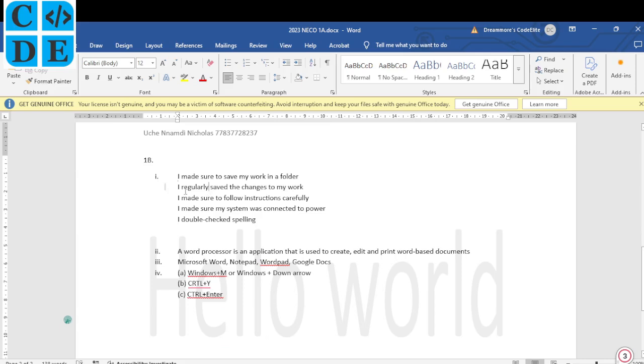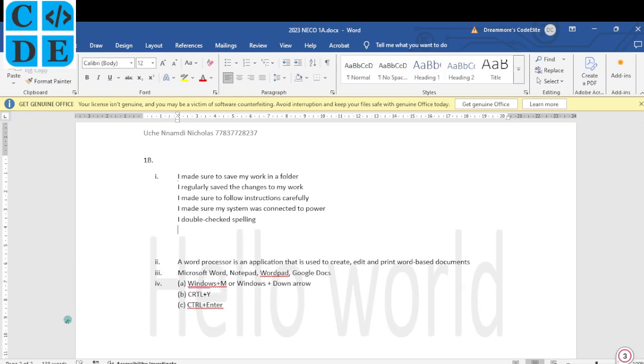Okay, so as per the precaution, I wrote that I made sure to save my work in a folder. I regularly save the changes to my work. Oh, I have not been doing that, so remember to always do your Control S. Okay, very, very important. I made sure to follow instructions carefully. Of course we did. I made sure my system was connected to power. Okay, I double checked spelling. Okay, I think we can equally add another one. I made sure to enter data correctly. Yeah, it is also a precaution. All right,